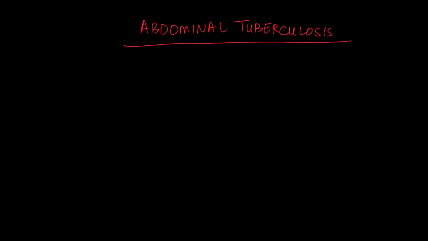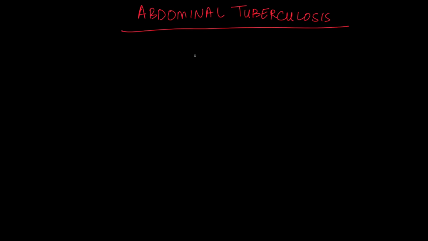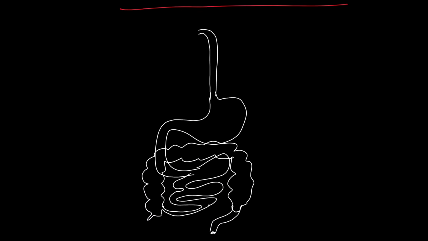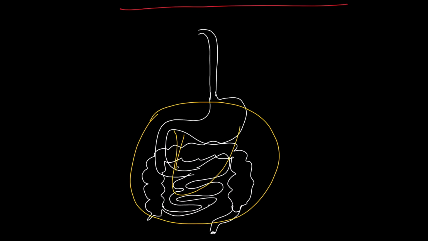So first, let us understand what the term abdominal tuberculosis comprises. So let's imagine that this is the gastrointestinal tract inside the abdomen, and this is the peritoneal covering, with this being the pathophysiology. Okay, so the term abdominal tuberculosis refers to tuberculous infection of the gastrointestinal tract,